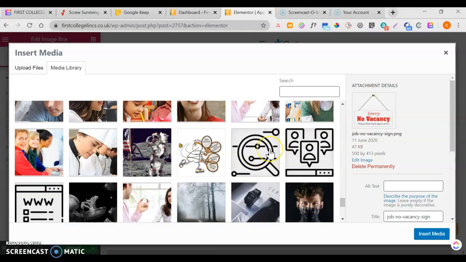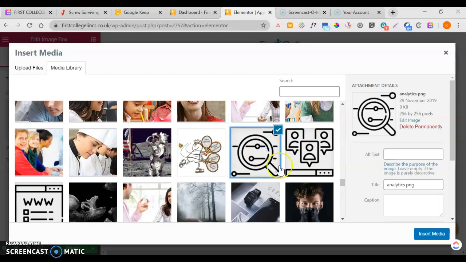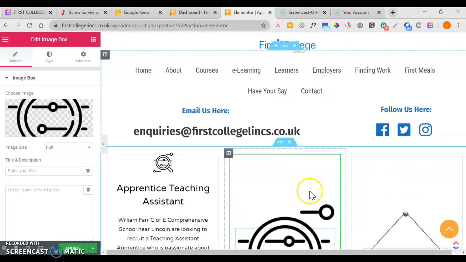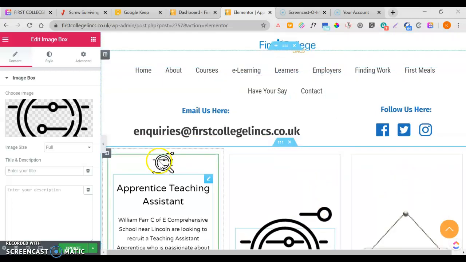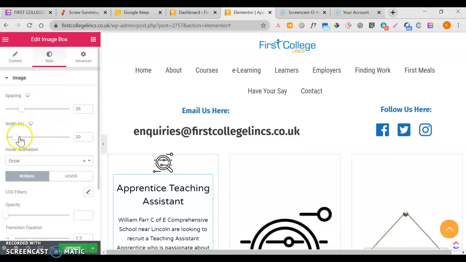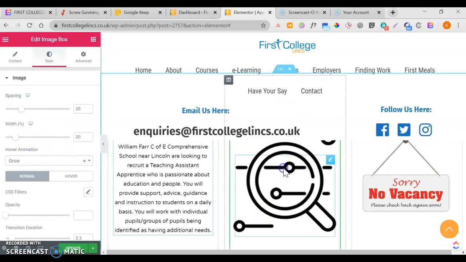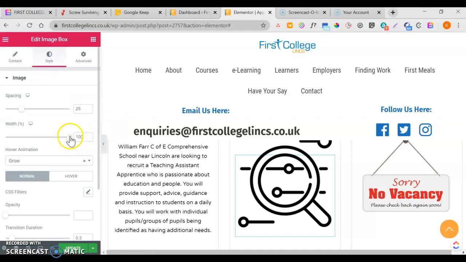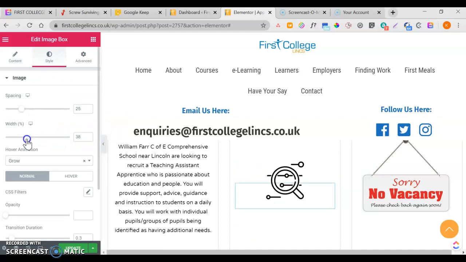There it is. So if we wanted to use the same image, we'd find the image, click on that, and click insert, and there it is. Now that's obviously a bit big. If we click on this one and go to style, we can see that it's set for a width of 20. If we click back on the big one and go to style, we can see it's set for 100. So if I push it back to 20,